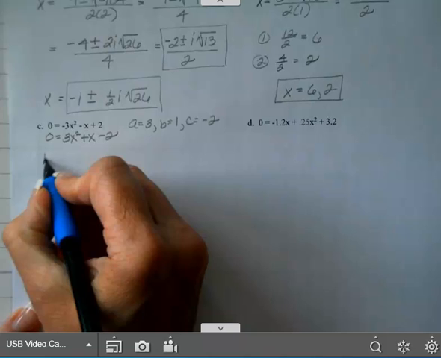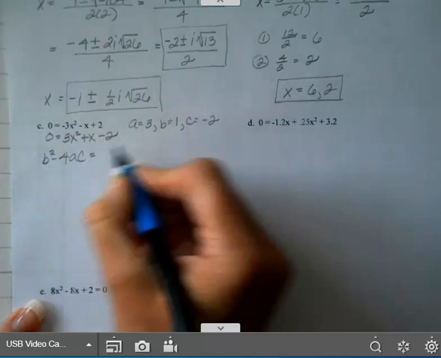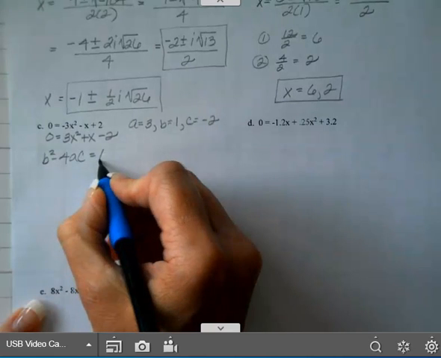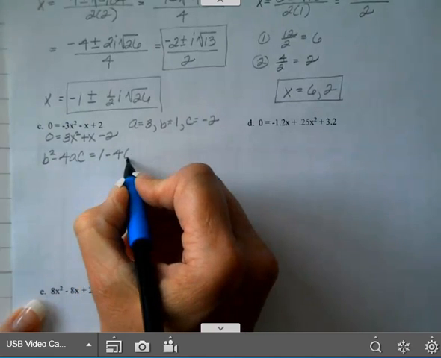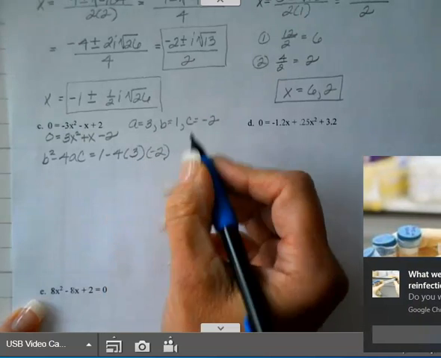b squared minus 4ac. When you square 1, you get 1, minus 4 times a, which is 3, times c, which is negative 2. And that's going to give you,